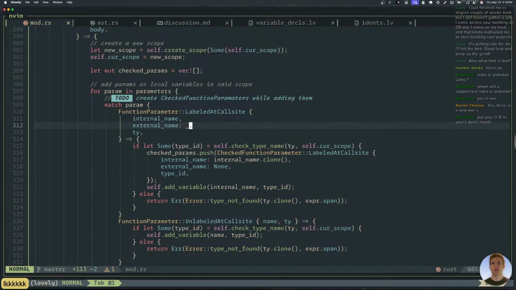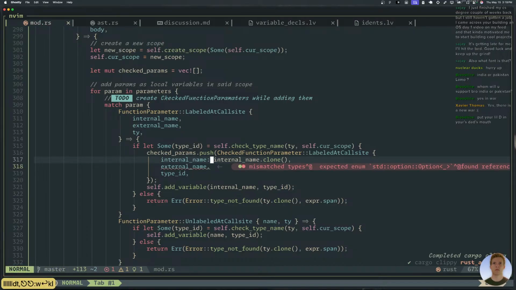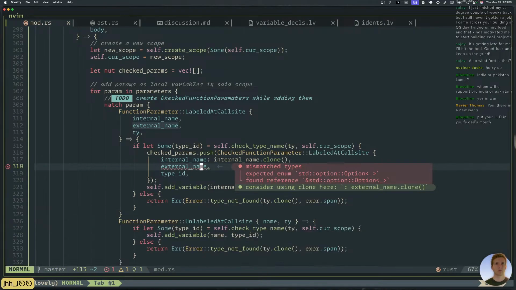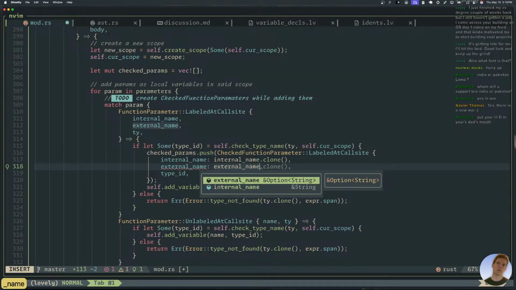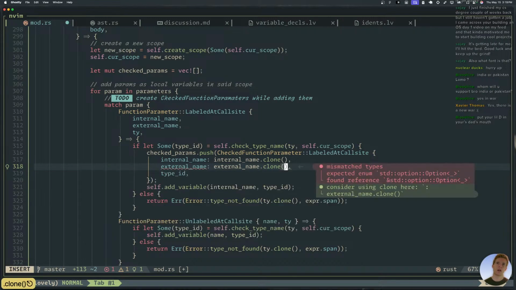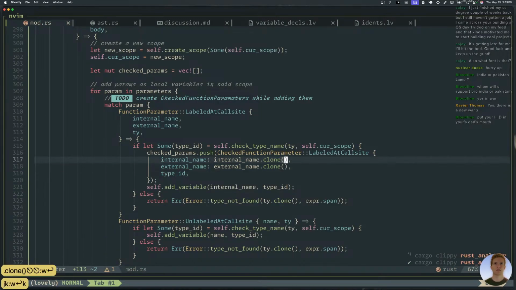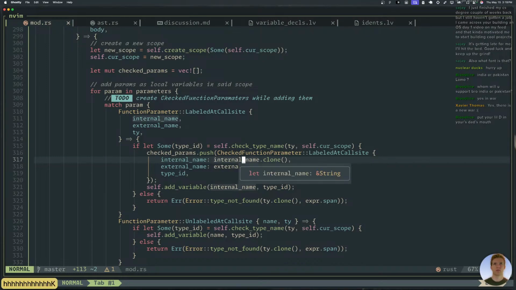Oh, external name, we need to keep that too. I don't really want to clone these, but I think I kind of have to, don't I?